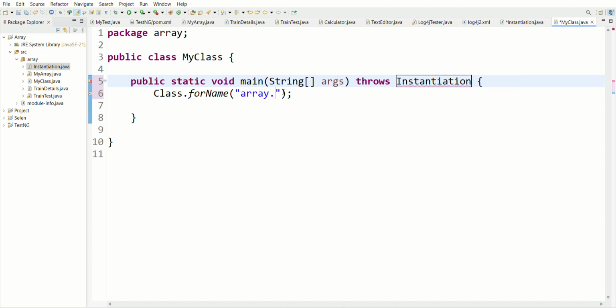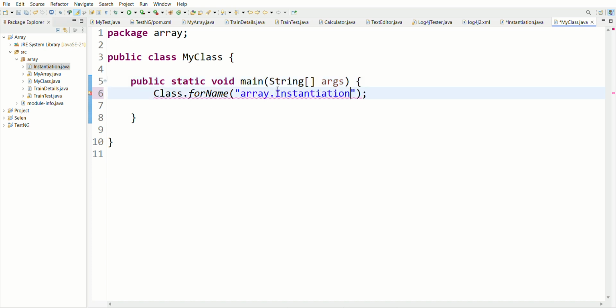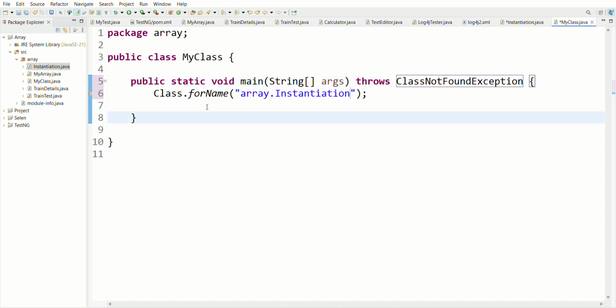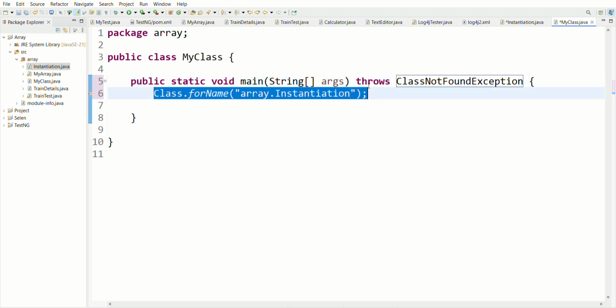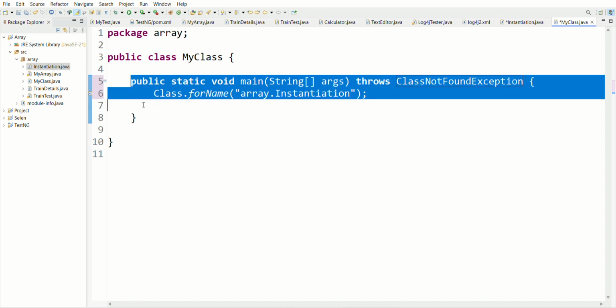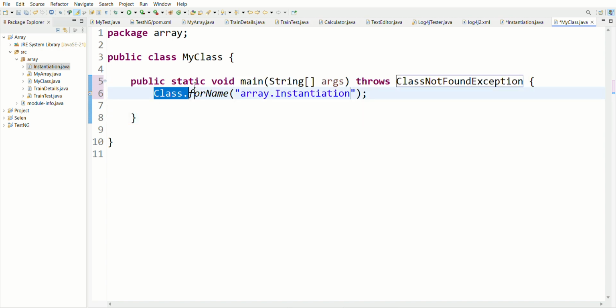Now it's right. I am externally loading this class. In this main method, I am telling my JVM to load this Instantiation class from the array package.